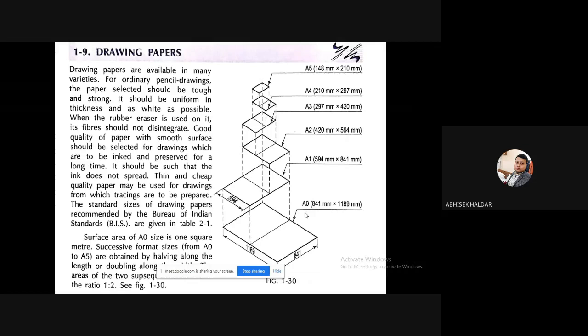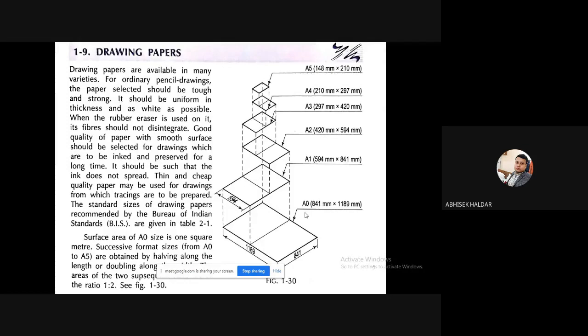So today we will start assignment number 1 a bit also. Just before starting assignment number 1, we need to know some basic things regarding dimensioning and some types of lines and all. So we will discuss those things today, and along with that we'll also discuss problem number 1 of assignment number 1. That means a similar problem like problem number 1, assignment number 1.